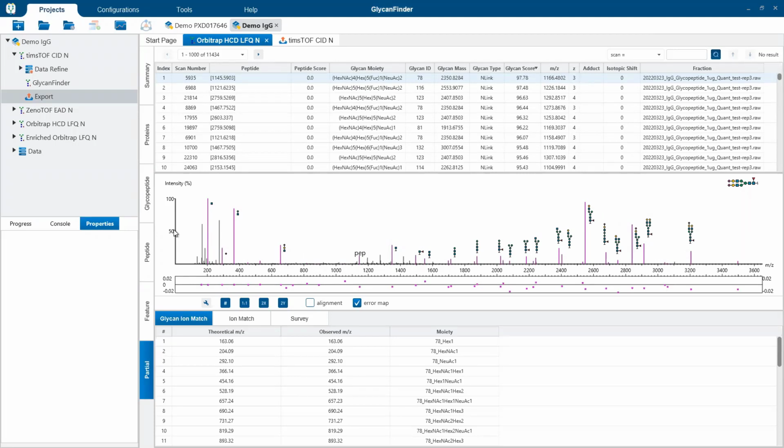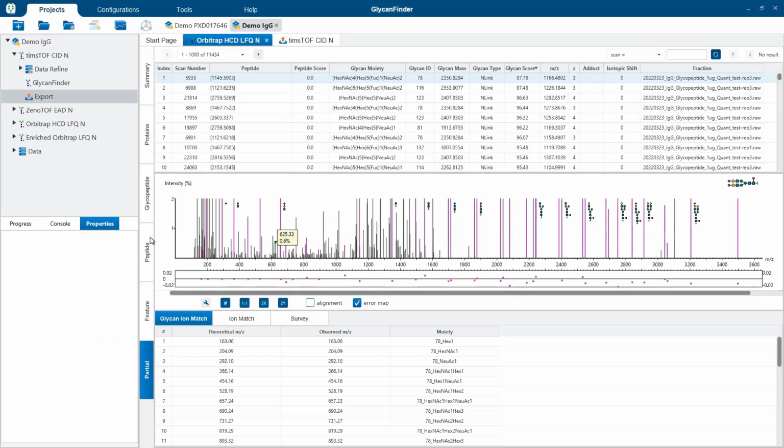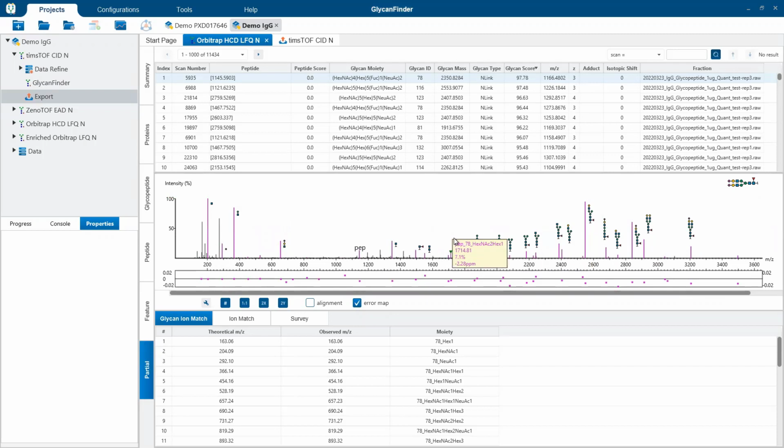But we have a spectra with a good quality signal coming from a glycan, but no peptide sequence assigned to it. So you can use this list to do some troubleshooting or just to look for novel glycans here and see what you could possibly find from this, because you can see here, we don't really have a good signal in the range where we'd actually match to a peptide. But we have a good glycan signal. So what is this? It just requires a bit of manual work to figure out what that is. And that's what this list provides you.